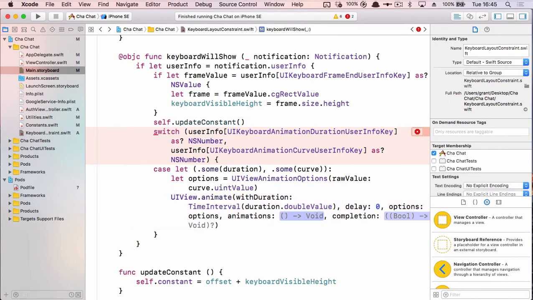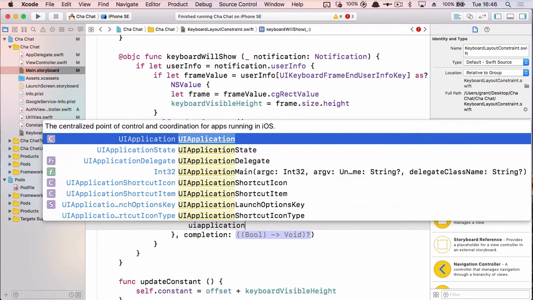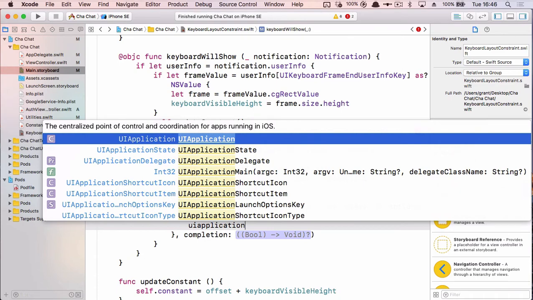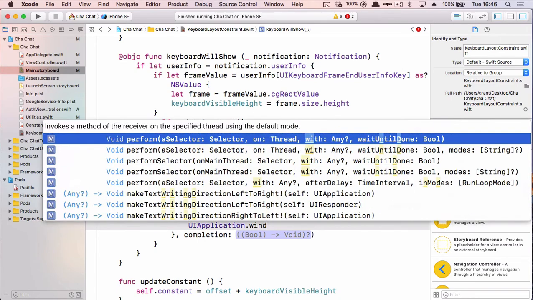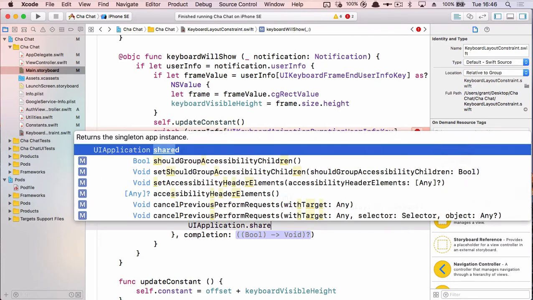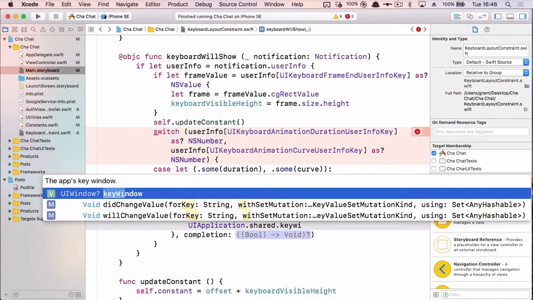On animations, you can just hit enter on this and it will give you a little code block to complete. So the animations is UIApplication window. Is it window? No, it's UIApplication.shared that we want. If we just look at what that says, shared returns the singleton app instance. So you can think of this as like the big bad container that holds your current app. So shared.keyWindow